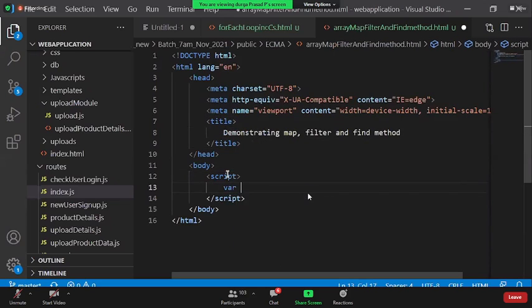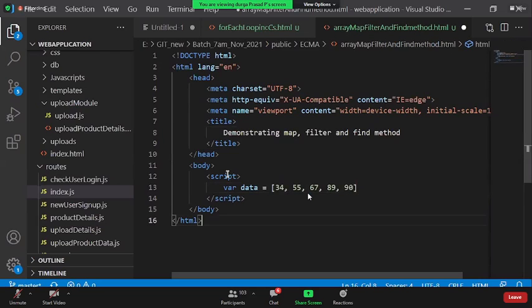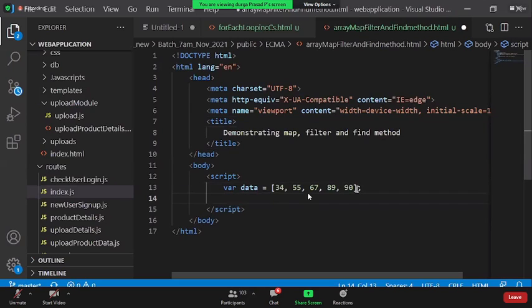Okay, let us say some data is equal to an array, 89, 90. Save this. Now my requirement is I want to find out whether this array is holding a value called 89 or not.